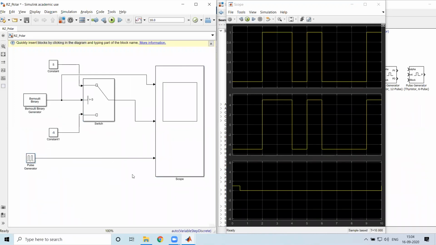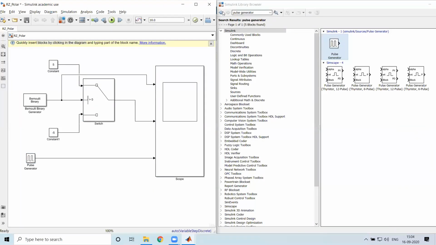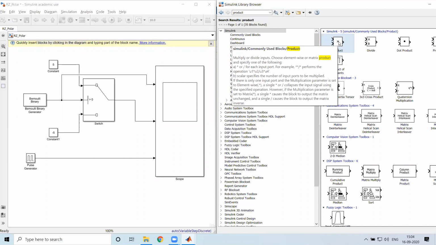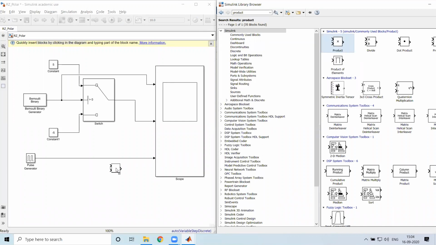there is another block which is required. That block is the product, or the multiplier. Here you can see that we have a multiplier. If I hover around this, it will give you multiply or divide. It has the option of providing this. At present, I want the multiplication aspect, so I'll take this.